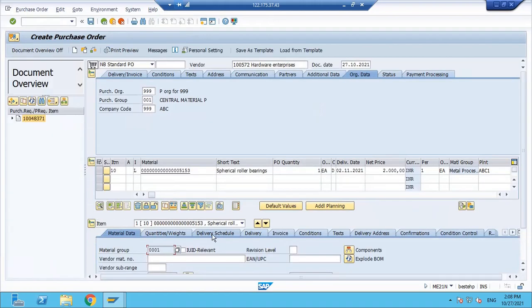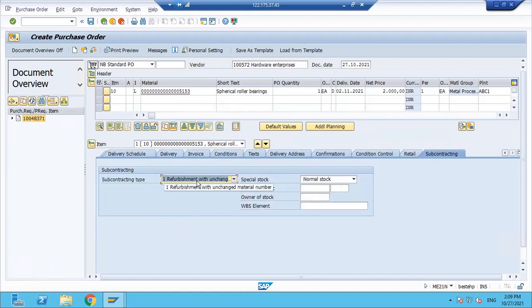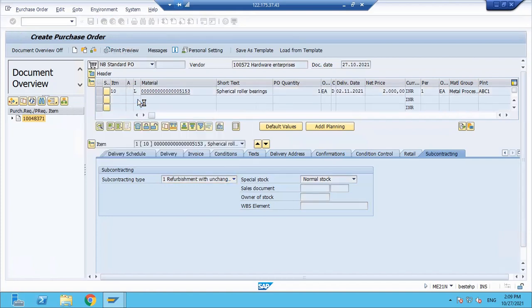In the delivery, we just need to check whether the valuation type has been captured correctly. And one more thing, in the subcontracting tab, check whether this has been captured correctly or not. If everything is fine, just click on save.